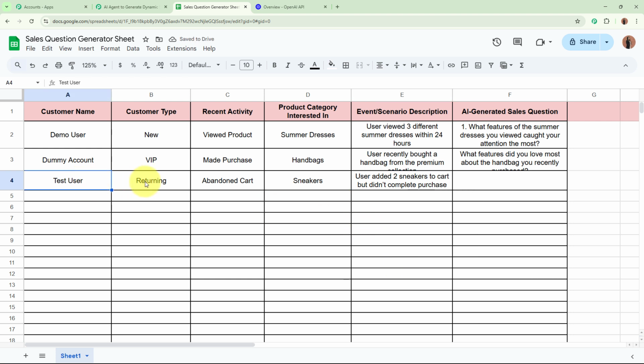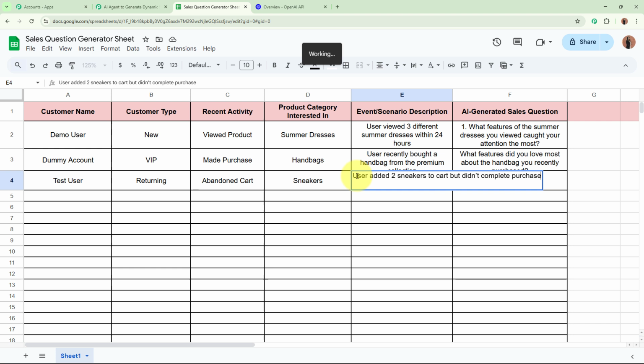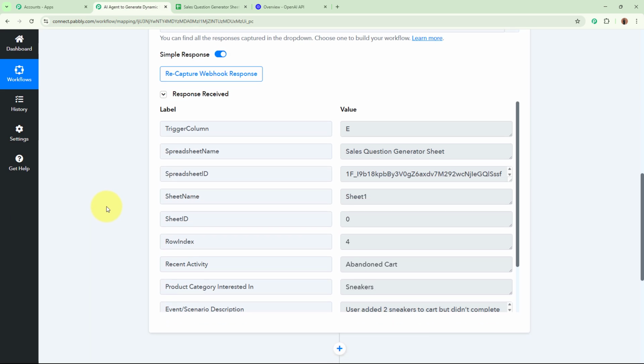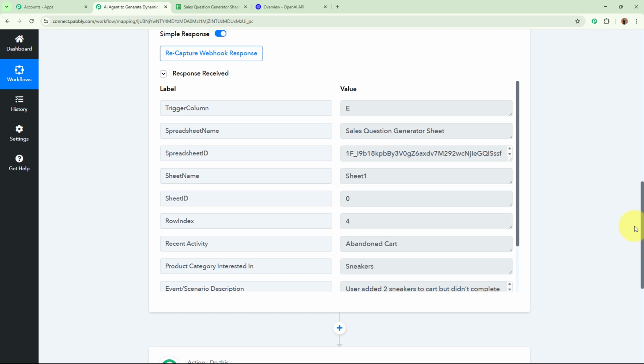Name is test user, customer type returning, activity abandoned cart, product category sneakers, and the scenario is user added 2 sneakers to the cart but didn't complete the purchase. You can see as I've added the data in the spreadsheet, I'm going to go back to my workflow and scroll down, and yes, you can see Pabbly Connect has captured the response of the data that I've added in